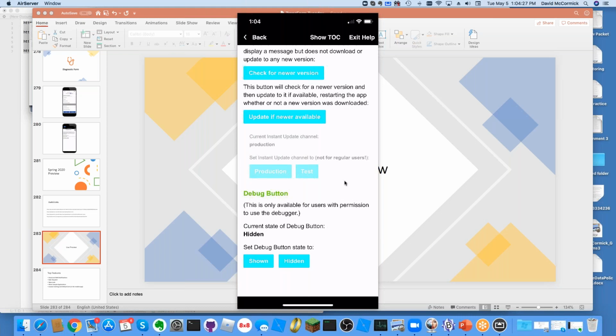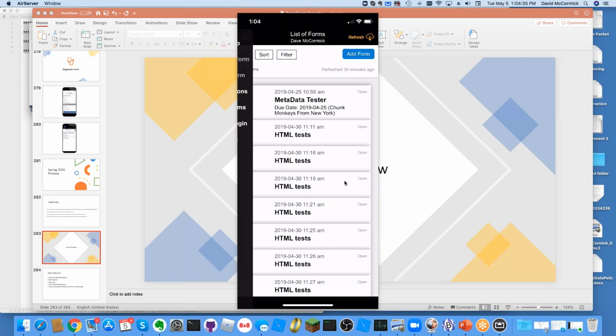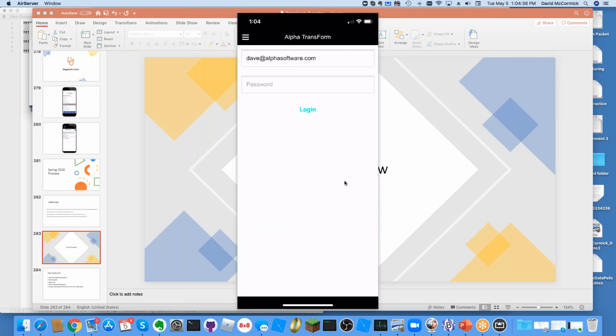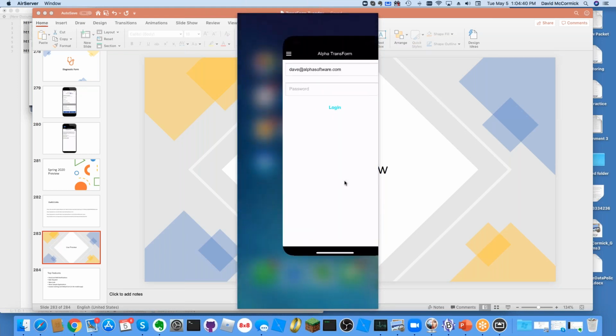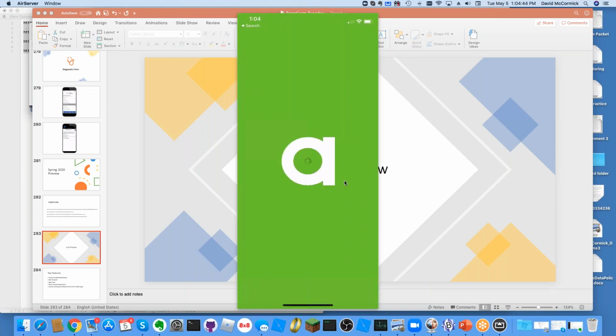You guys are our group here. We'd like to test things out. So we're going to press the test button, which I've just done, and I'm going to go back. And I don't recall if I have to log out, but I'm pretty sure I have to both log out and also close TransForm, which I just did. So I'm going to go back into TransForm,